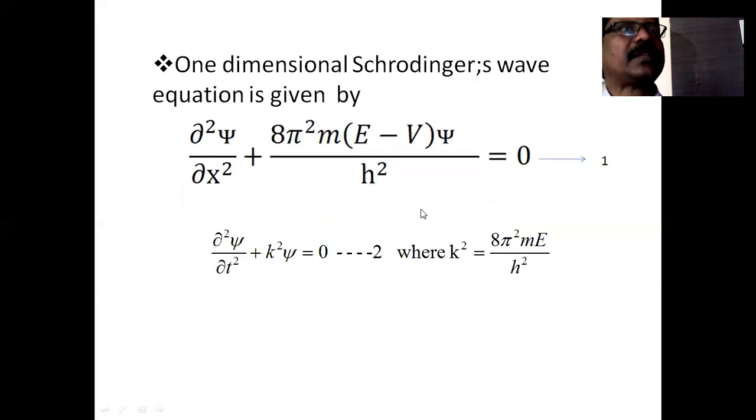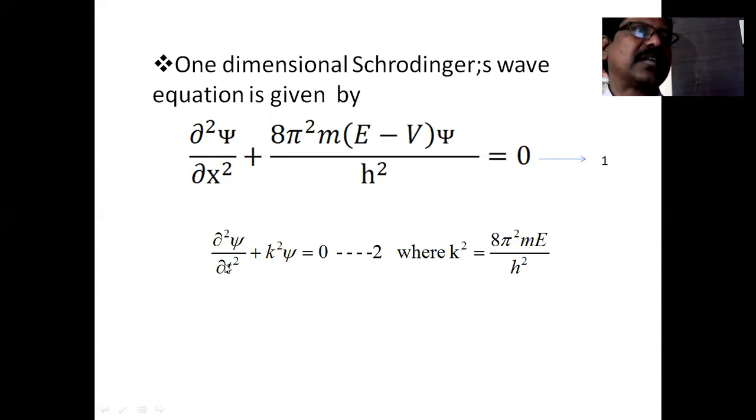Now let us write the time independent wave equation for one dimension: d squared psi by dx squared plus 8 pi squared m into (E minus V) psi divided by h squared equals 0. Here, in the above conditions, the potential energy of the particle inside the box is 0. So on putting these conditions, this becomes